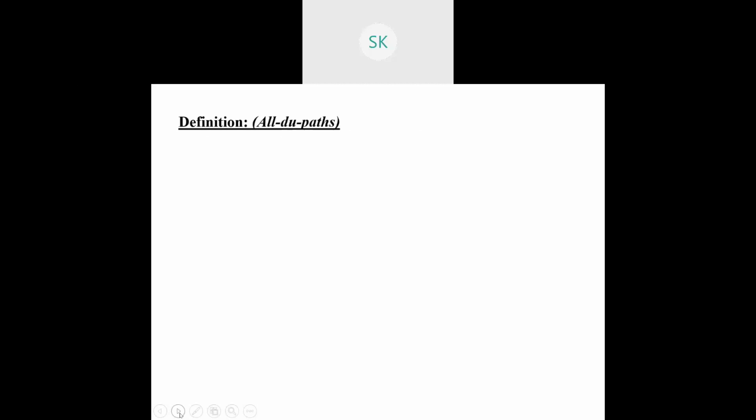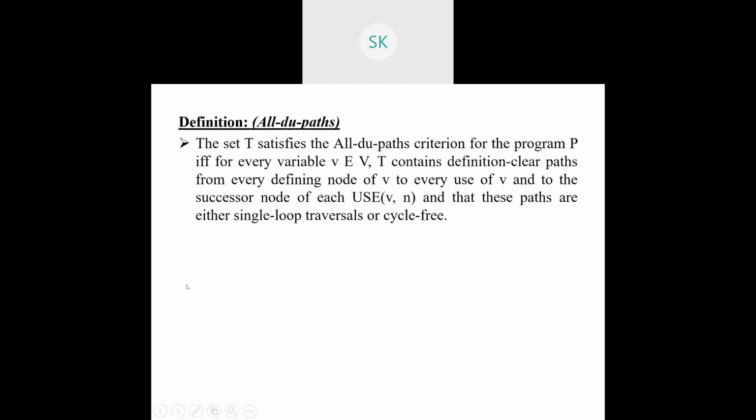Next one is all DU paths. We have identified that. Once we have all DU paths, we'll check what the statement says. We have already identified what a DU path is: definition, usage, path. Usage can be predicate or computational with respect to a particular definition. With respect to the previous definition, it is very clear that if all P uses are considered, then for some C uses you can have it, or else all C uses you can consider, for some P uses you can have it. That's what they have given.